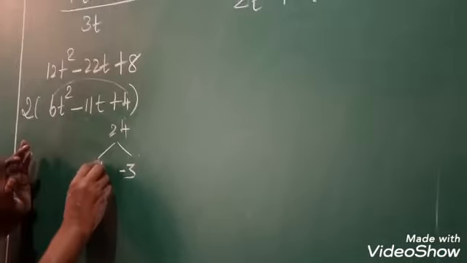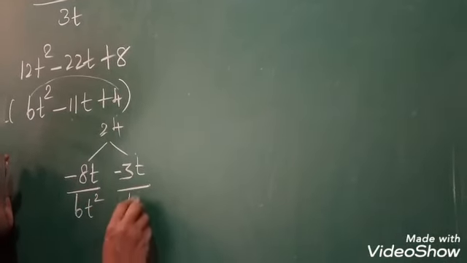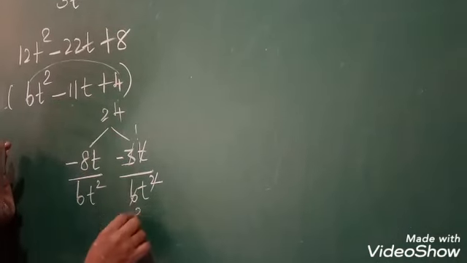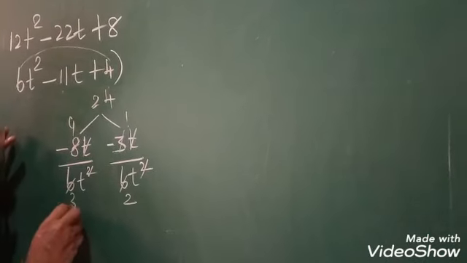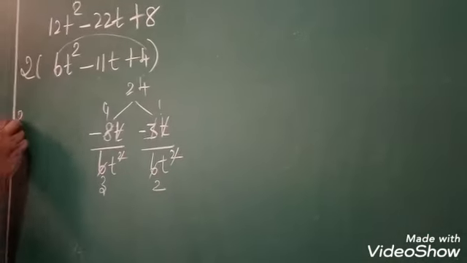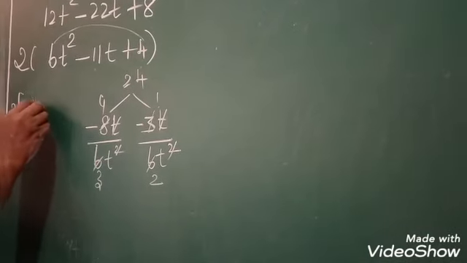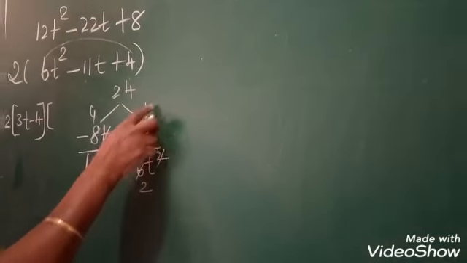Okay. Now the variable is t girls. Now let us put 6t squared, and we want to divide both terms. Here 3 ones are 3, 2 threes are 6, here t cancels. Then 2 fours are 8, 3 twos are 6. Okay. The factors: 2 is outside already, 3t minus 4 is one factor, and the other factor is 2t minus 1.